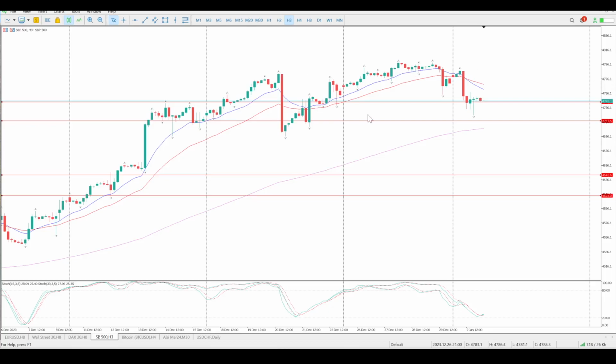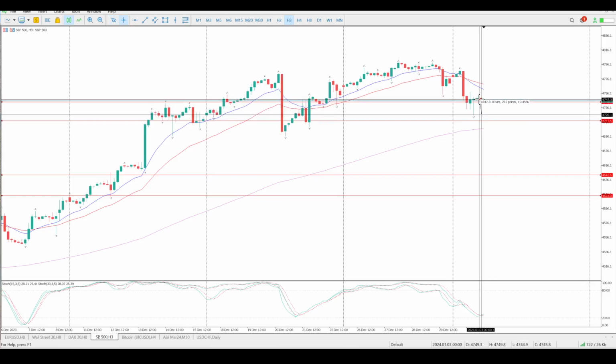Now the 3 hour is a completely different picture. Yes, we do have a crossover of the moving averages, which gives us an early indication that the trend could be reversing. However, we are still above the 150 EMA, and remember, that's our trend. The 150 EMA shows us the trend. We then have a pin bar, a very juicy pin bar, to be quite frank. That is roughly a 200 point pin bar, or 0.46 move of the market. So almost a 0.5% move of the market in one pin bar.